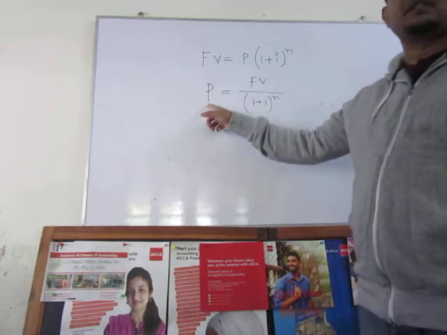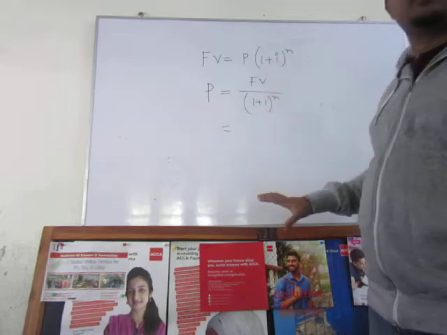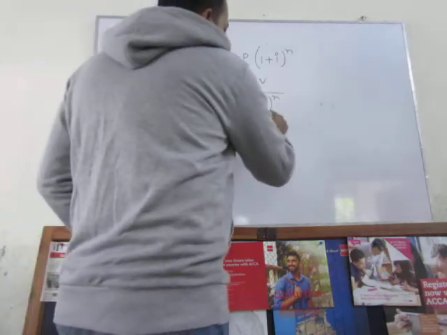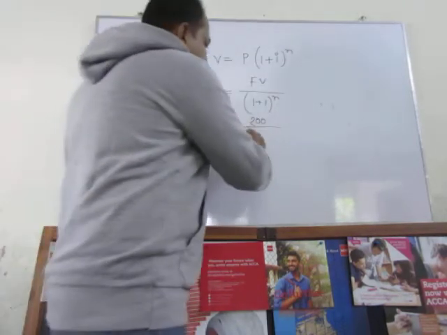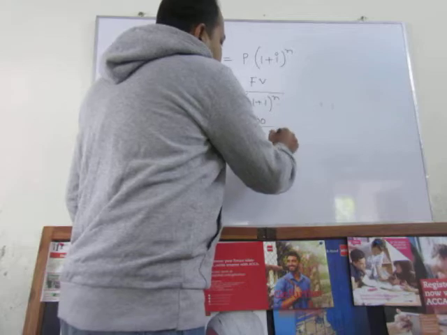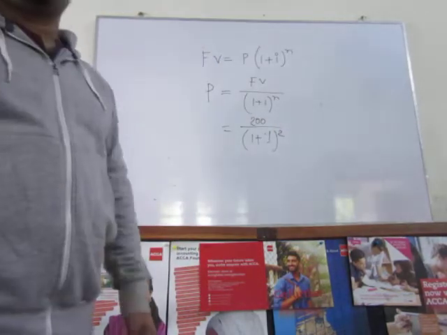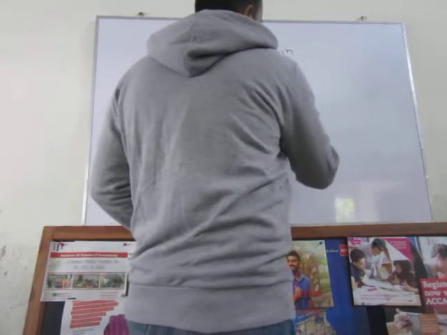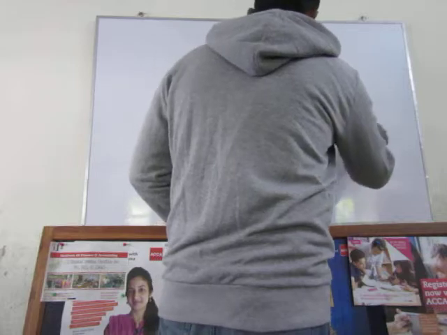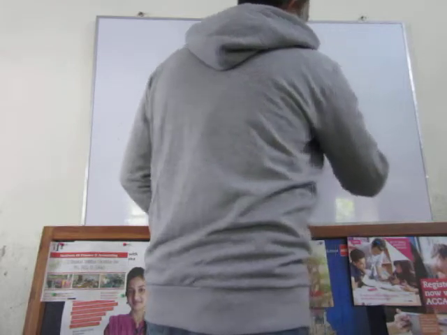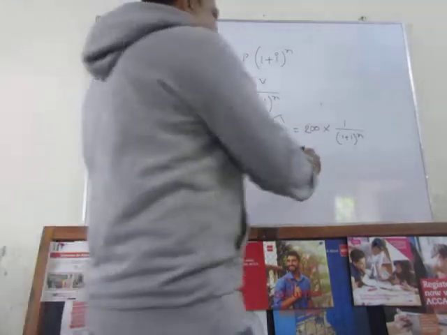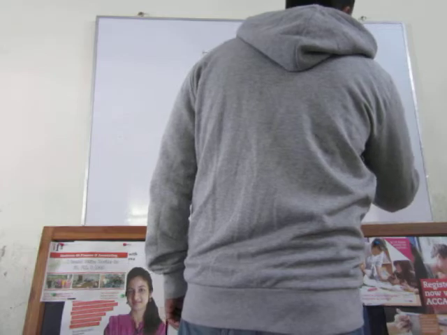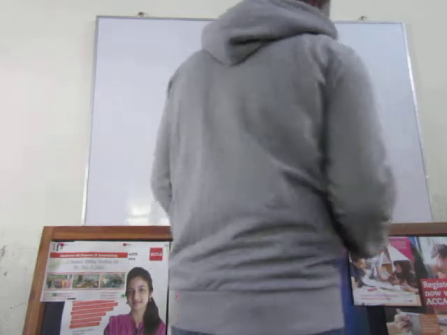So you can find out this present value by putting in all the values. As for example, according to our example, how much I have to invest today to have $200 at end of 2 years. Suppose 10% interest, 0.1, 2. You can find out this. On the other hand, this portion, this is 200 into 1 by 1 plus I to the power n. একই জিনিস না? This is present value into this portion, we can say present value interest factor.